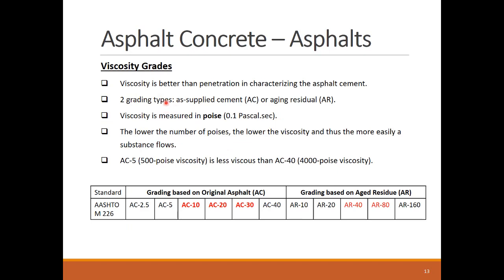Viscosity is a better property than penetration to engineer and design a building material. There are two viscosity grading types, AC and AR. With AC grading, the asphalt binder is characterized by the properties it possesses before it undergoes the HMA manufacturing process, hot mix asphalt manufacturing process. The AR grading system is an attempt to simulate asphalt binder properties